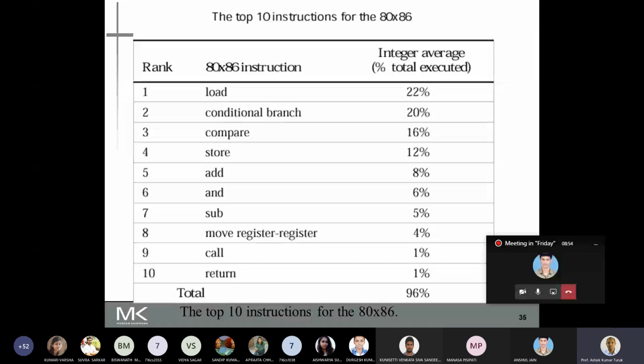So this is what we discussed in the last lecture: in the 8086 processor, there are around 10 instructions that constitute around 96% of a typical benchmark program that was run for testing. These are the frequently used instructions, and we know that architects make the common case fast. Once you know the instructions which are frequently used, the architect can try to figure out how to make these instructions faster so that the entire program can run faster.